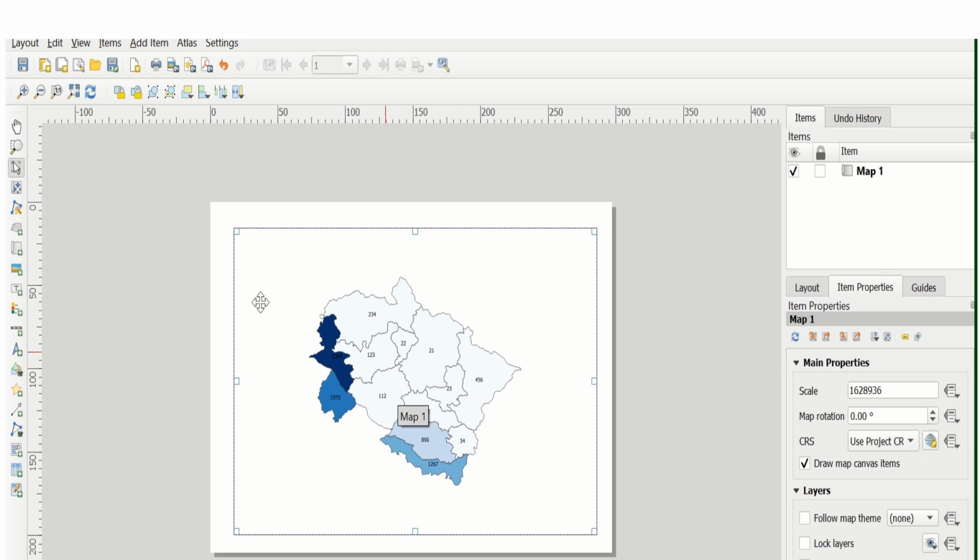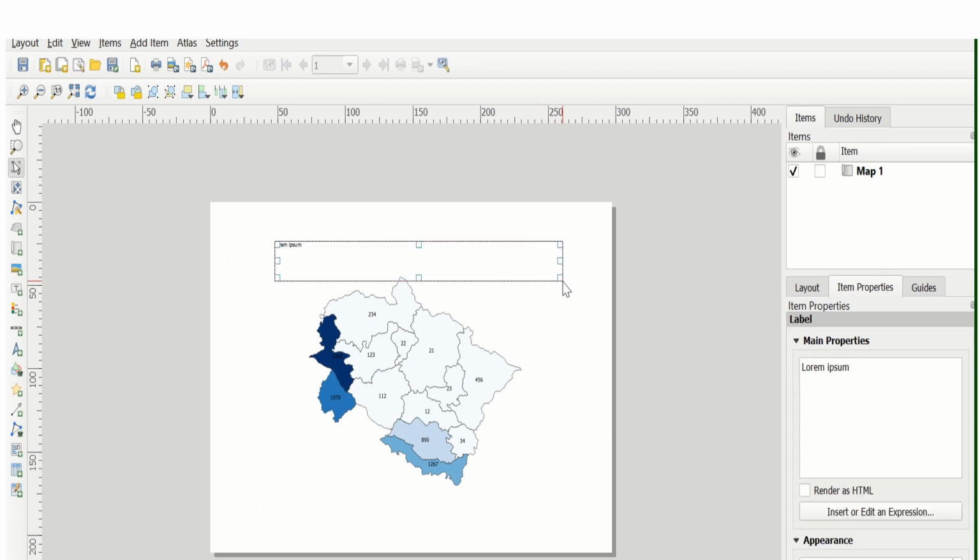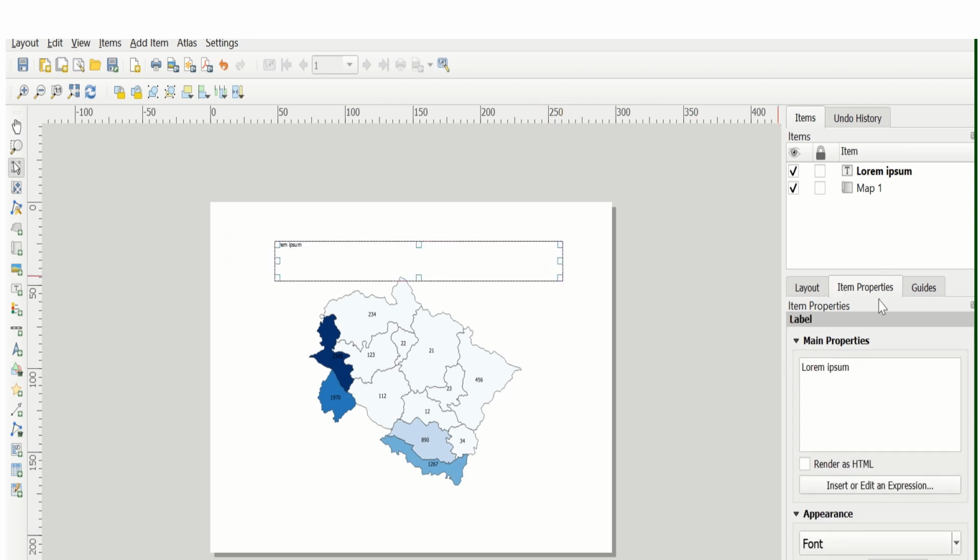After that we have to add a label to the map for better understanding of what the map is representing. So we have to give a name to the map by adding a label on the header. So we can change the name.